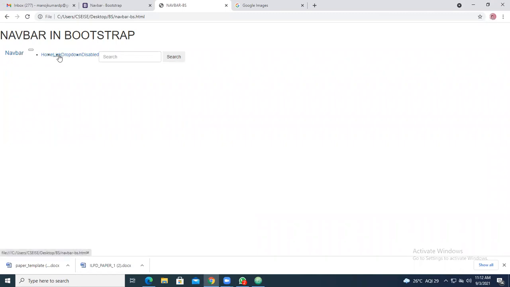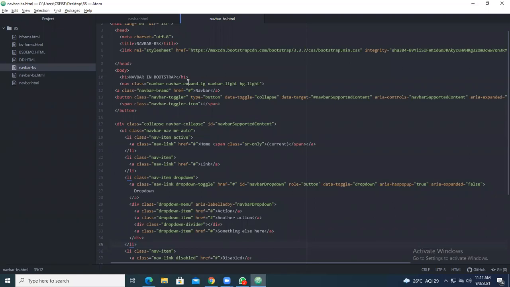Navbar with home, link, drop down, disabled, you are getting like this. The search bar is also there, but you are not applying this particular content. Click on the navbar, nothing; click on home, nothing; link, nothing; drop down, it is showing so many. So put everything in a div. You have to put the entire content inside a div.